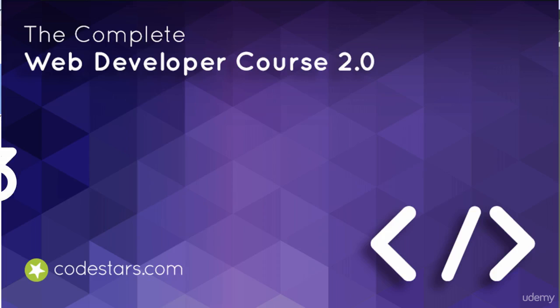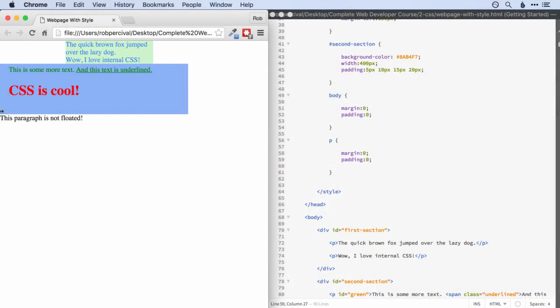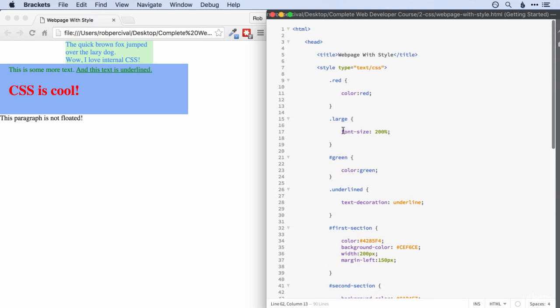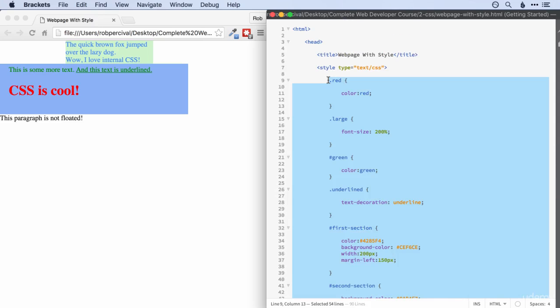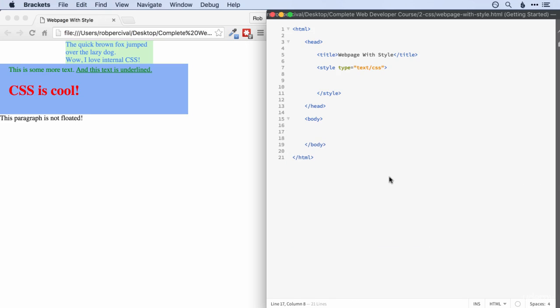All right, so we're now moving on from padding and margins to borders. So looking at how we can give borders to our elements and what different styles we can use. All right, before we do that though, I'm going to give you a quick challenge because everything's getting a little bit complex here. So to make it easier just to work with borders, I'm going to reset everything back to